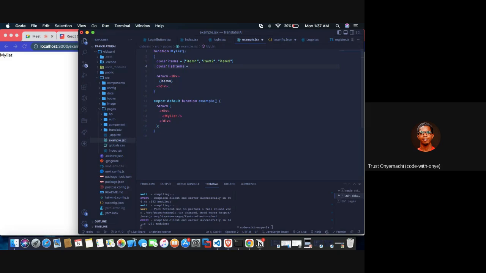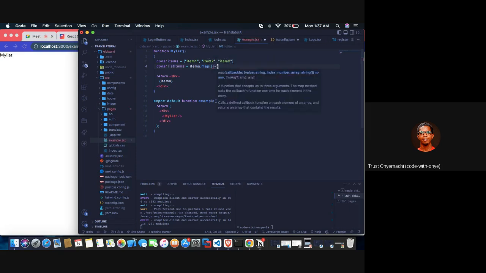Equals to, then we do item dot map. Now, after creating the items, put map, a bracket, then another bracket with an arrow function. Remember the first time when we got started